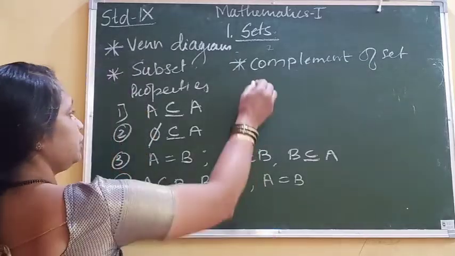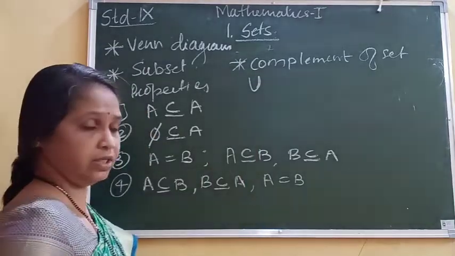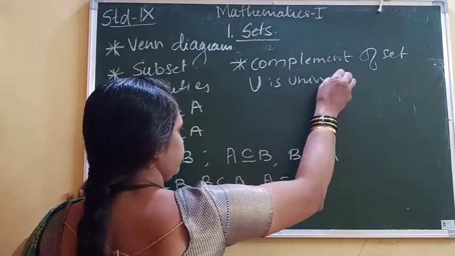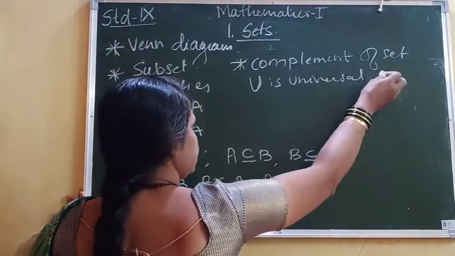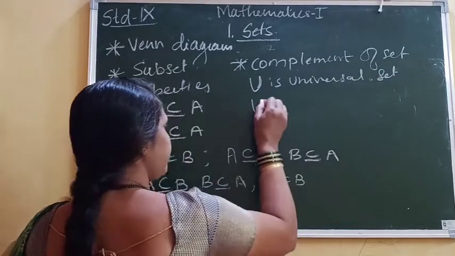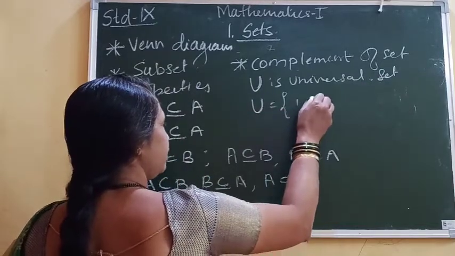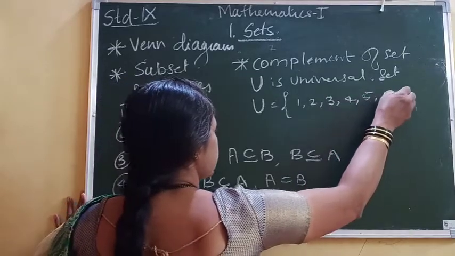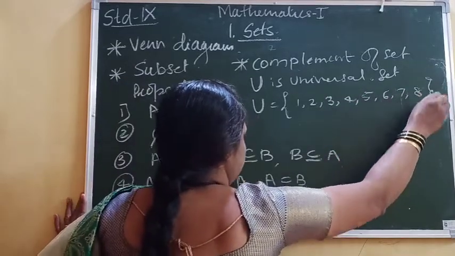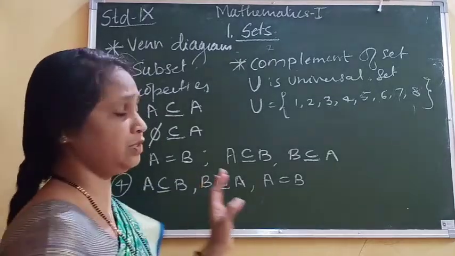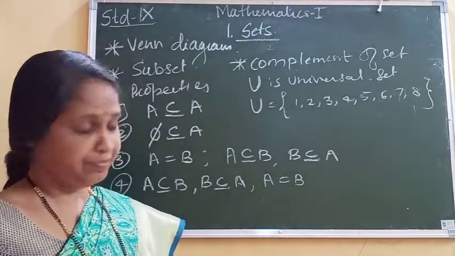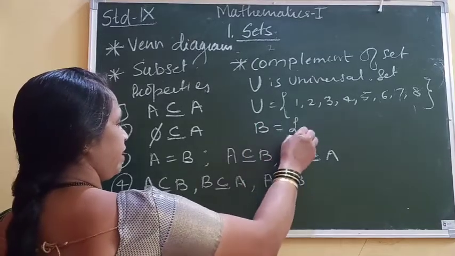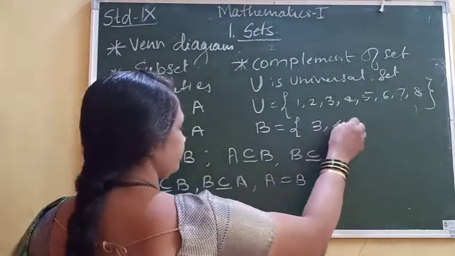Suppose U is the universal set, with elements 1, 2, 3, 4, 5, 6, 7, 8. U has the elements 1 to 8, and now suppose set B has the elements